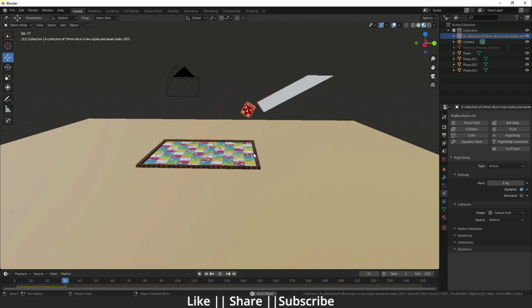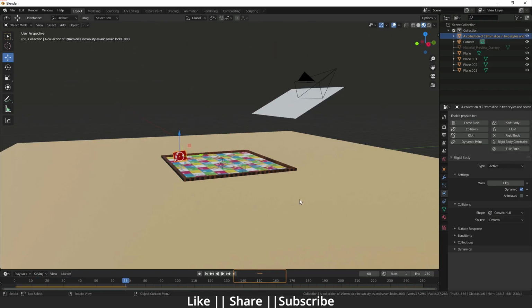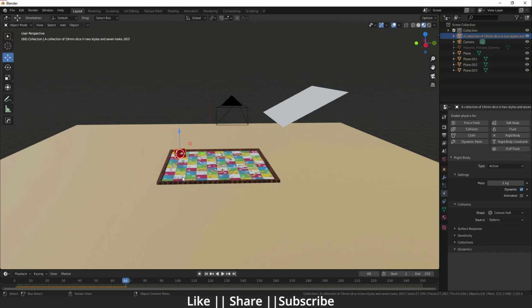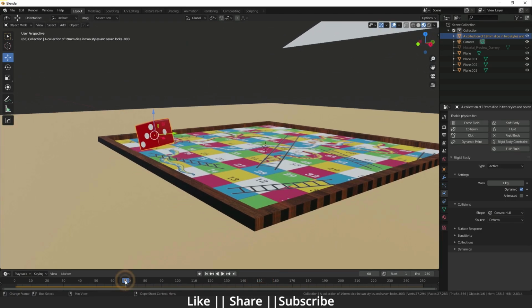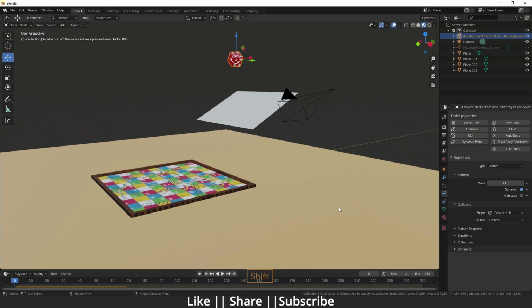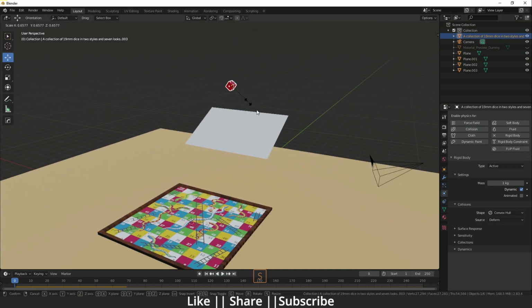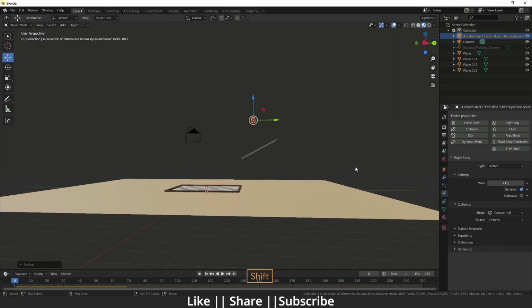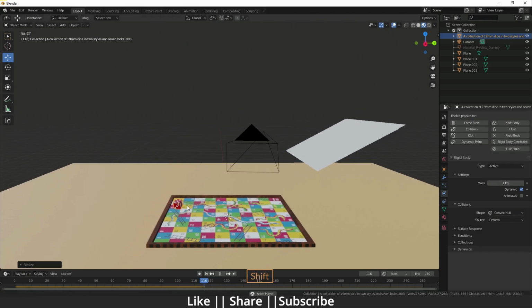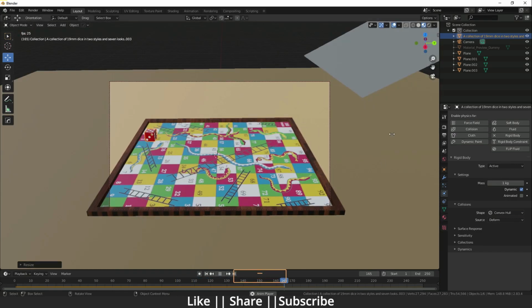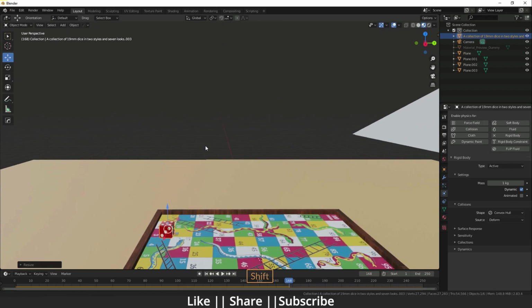So when I play the animation, you can see that the animation is happening very nicely, but the size of the dice is too big, so we need to decrease that size first of all. Okay, so I'm just going to decrease the size. So now we will play the animation and let's see what happened. So now it's perfectly rolling on the floor. Okay, here you can see,